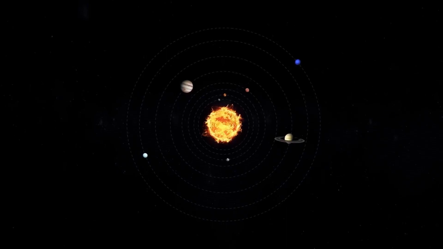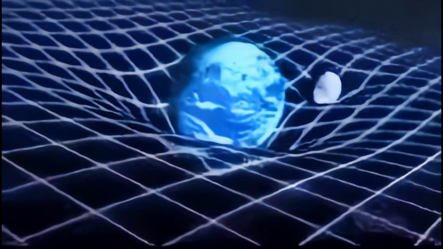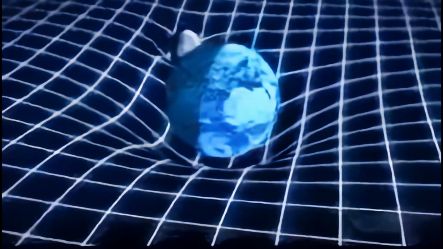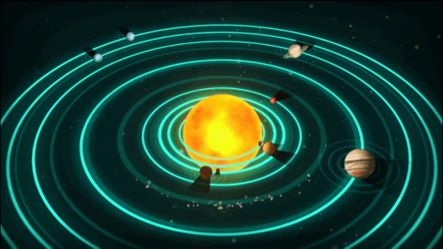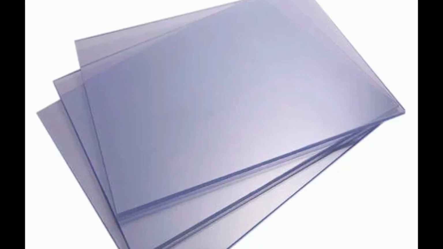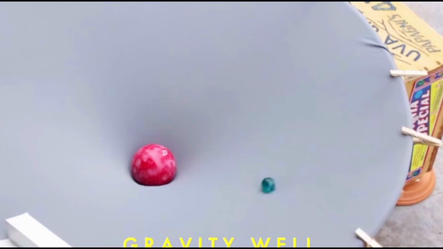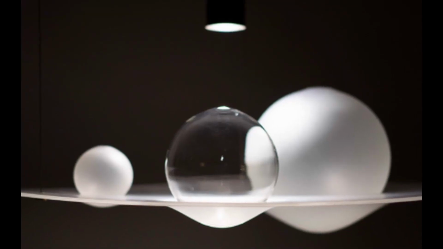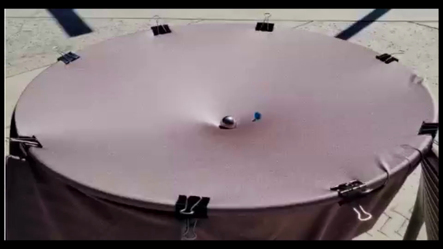So, here we go. Why do planets stay in orbit when gravity doesn't really exist in space? Well, gravity actually does exist in space, and it is what makes planets stay in orbit. Think of space as a plastic sheet of paper, and think of the planets as the balls that you drop on a plastic sheet of paper. These balls, if they are heavy enough, will cause the plastic paper to go downward.